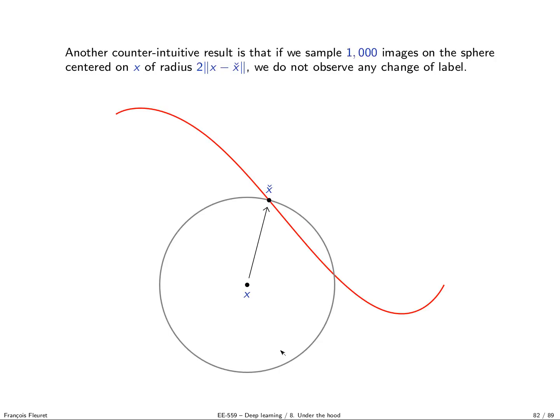What is even more counterintuitive is that, if this is the original image, and this is an incorrectly classified image, if we sample images over the sphere of the same radius, so we take at random another image which is at the same distance as the adversarial one, it's properly classified. So it's not like you have a big chunk of images which are incorrectly classified. It's more like you have a very thin manifold, such that when you take the intersection between this manifold and the sphere, it's zero probability. You are very unlikely to meet it by pure luck. However, if you optimize, you end up on it.